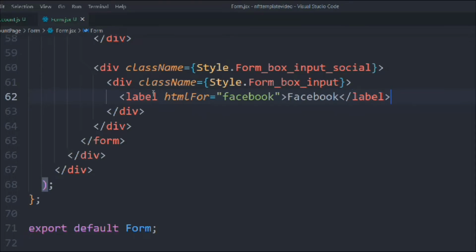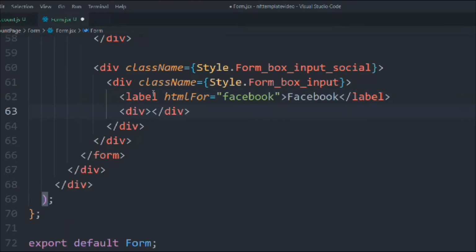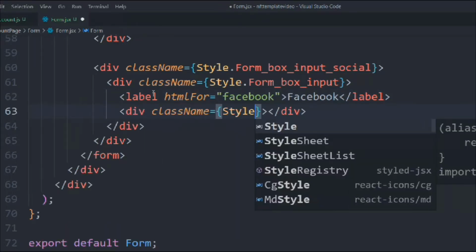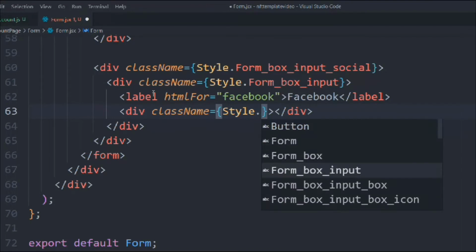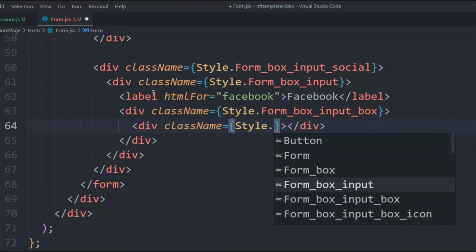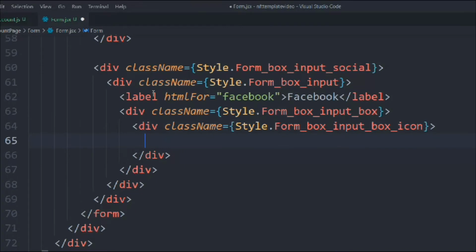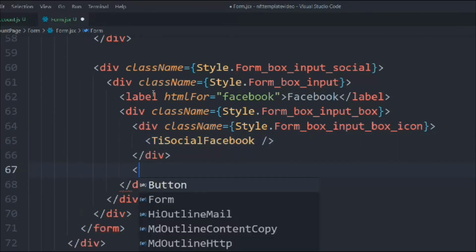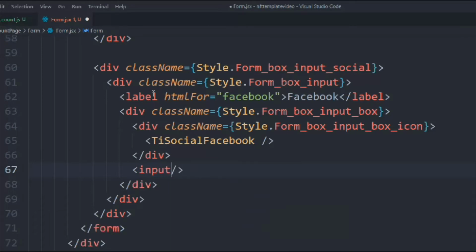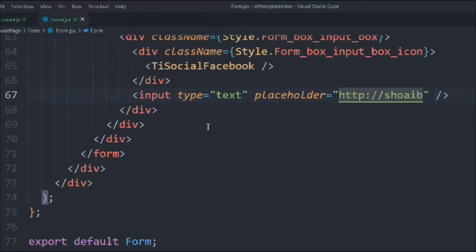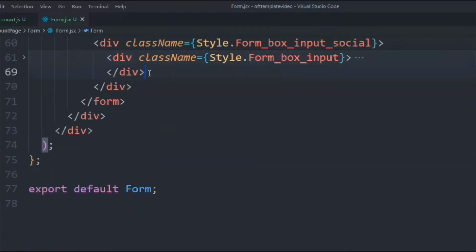Down below we'll take a div, it will have a class called style dot box input, and that will have the icon, so we'll call it TI social. And here we're going to take the input, and it will have a type of text, and the placeholder is going to be, let's say, we'll give this demo data, so it should be, let's say, Shoaib Bhai. Okay, simply close this one and copy and replicate it 3 times,